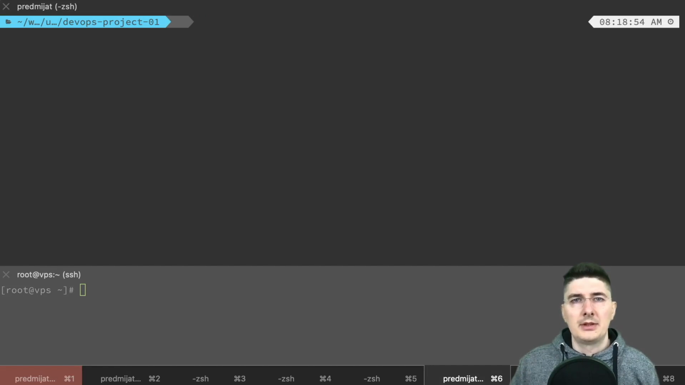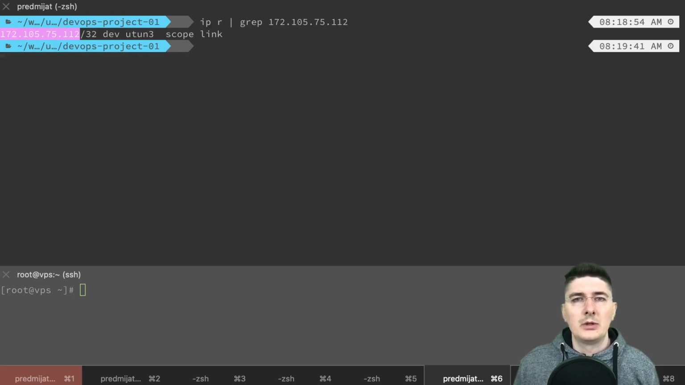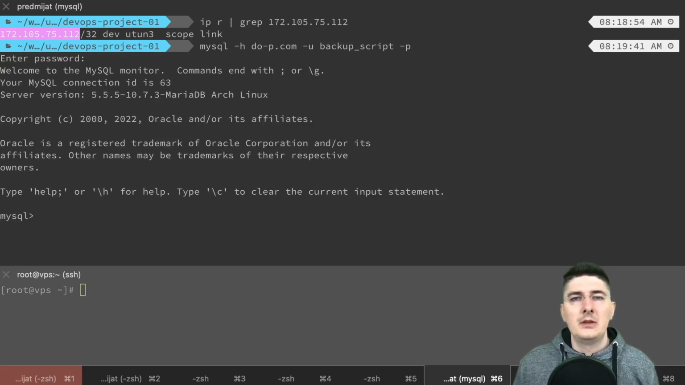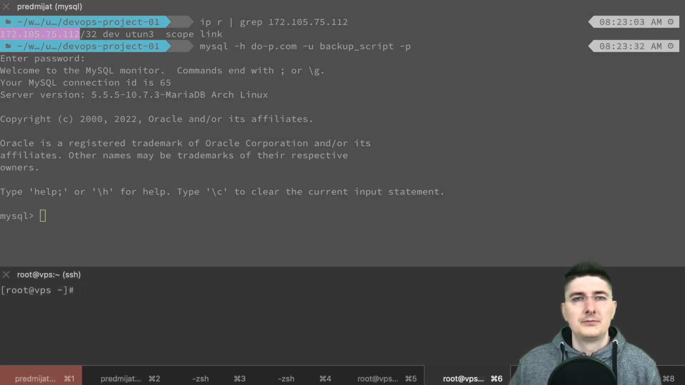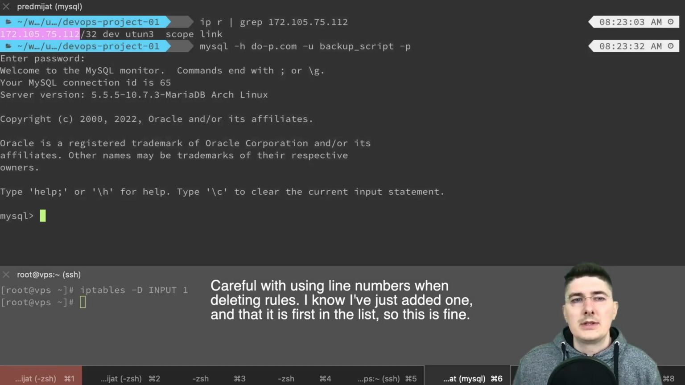Now let's try that again, but this time I am connected with WireGuard, and route list will show that I will use this tunnel to reach this IP. And if I now run my SQL command and type in my password, it will work. Even if I delete this rule, it will still work,